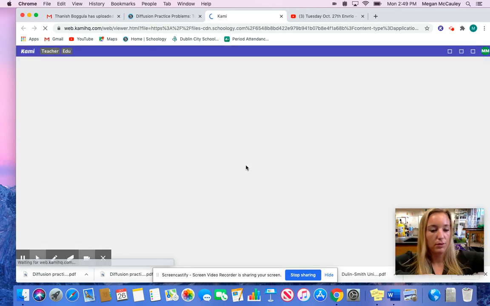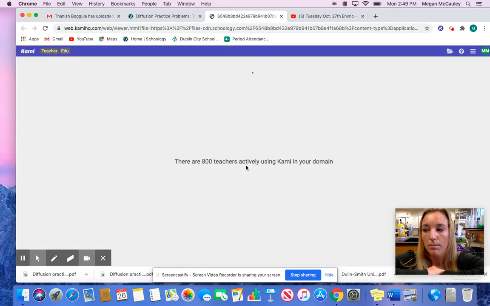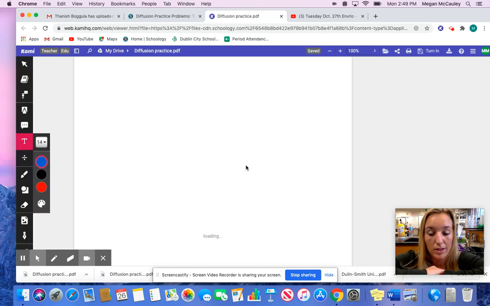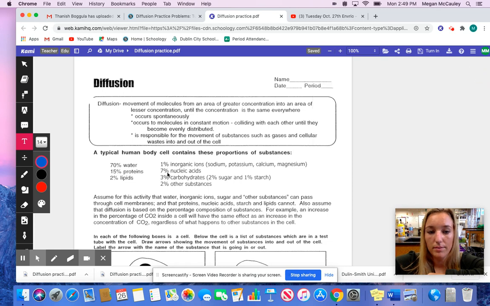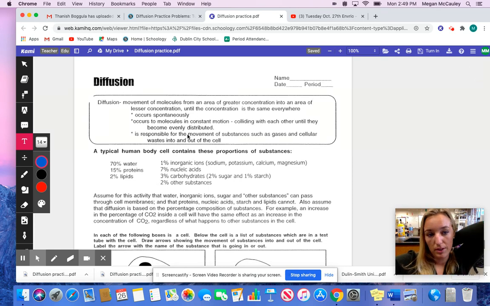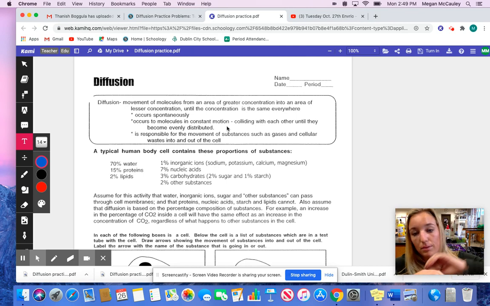So remember, diffusion is the movement of molecules from a high concentration to a low concentration. We're also going to be looking at osmosis today. It's the movement of water. So, diffusion, the movement of molecules from an area of greater concentration into an area of lesser concentration until the concentration is the same everywhere. It occurs spontaneously. It occurs to the molecules in constant motion, colliding with each other until they become evenly distributed, and it is responsible for the movement of substances such as gases and cellular waste inside and outside of the